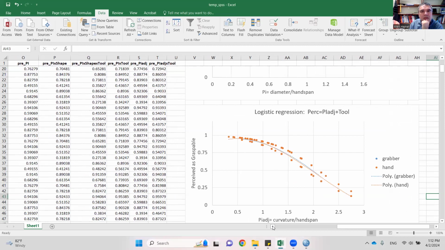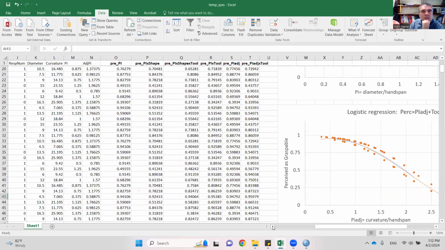Yeah. I think we have to check the computations. Let's stop the recording because I think we're at the point where